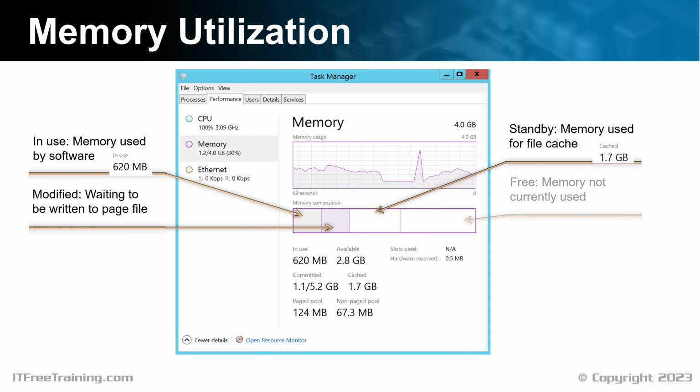Next to this is the free section. This is the amount of memory that is currently not being used for anything. A figure is showing the current free memory being 2.8 gigabytes. You can see that Microsoft has made this the same color as the standby section. This is because standby will often consume all free memory. This is not a problem, as standby is only used for cache and basically a copy of what is contained on storage. Since it is a copy, it does not matter if it is lost.